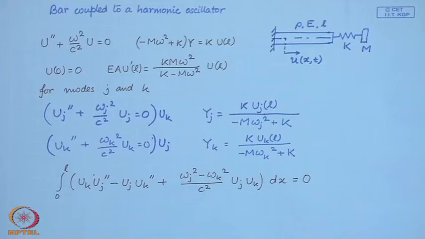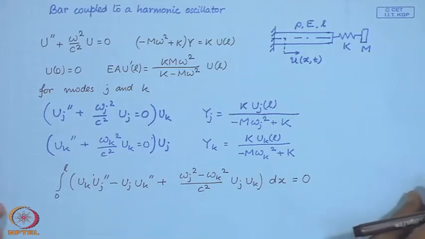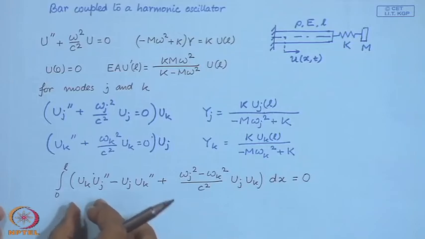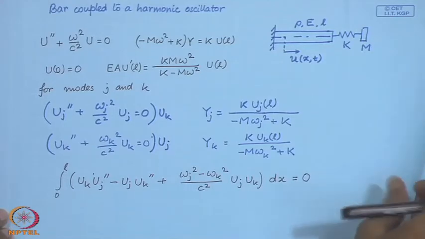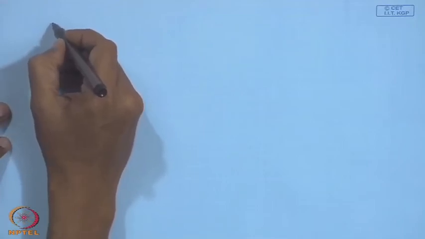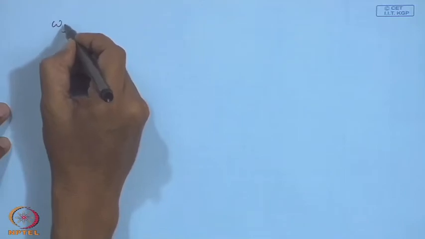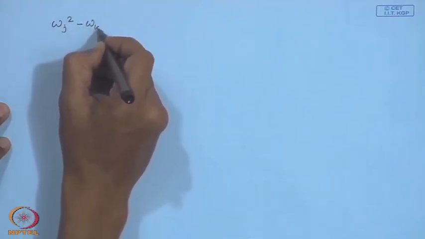Now, if you integrate by parts this first term 2 times and use the boundary conditions for the boundary terms that you generate, then you can check that the expression reduces to